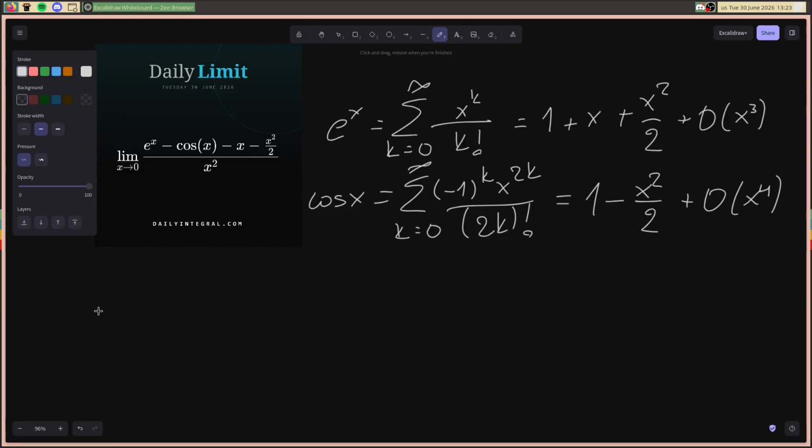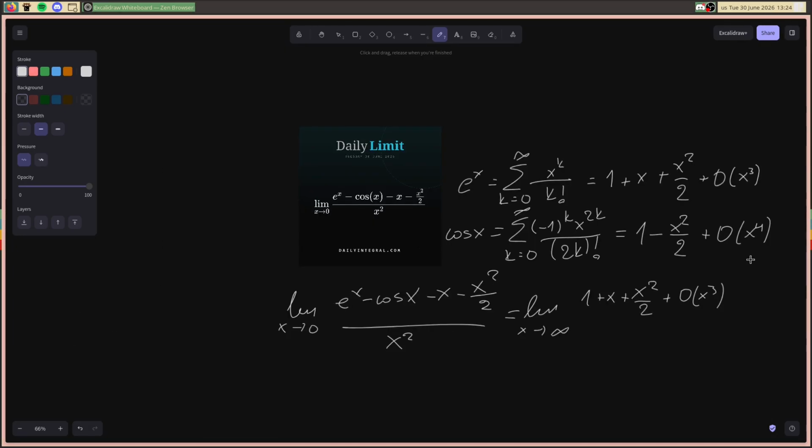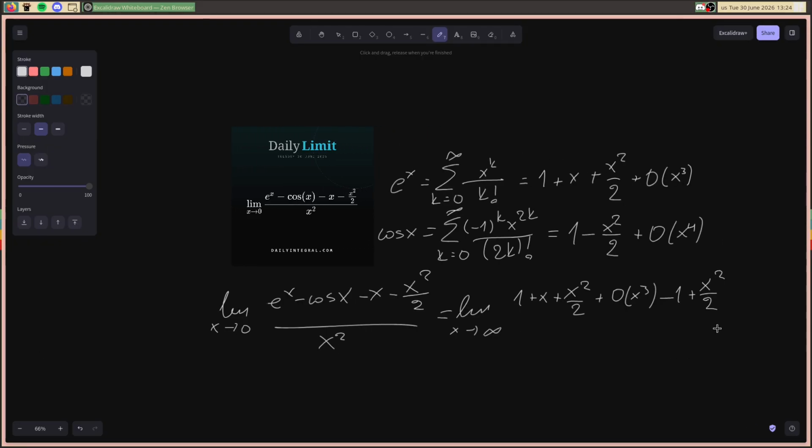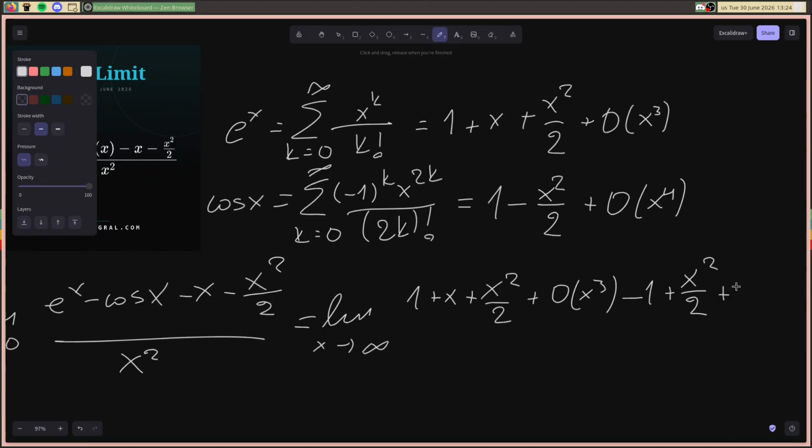Now, what we want to do is calculate the limit as x goes to 0 of e to the x minus cosine x minus x squared over 2 all over x squared. If we substitute with these approximations, we get 1 plus x squared over 2 plus terms of the order of x to the third, minus 1 plus x squared over 2 plus terms of the order of x to the fourth